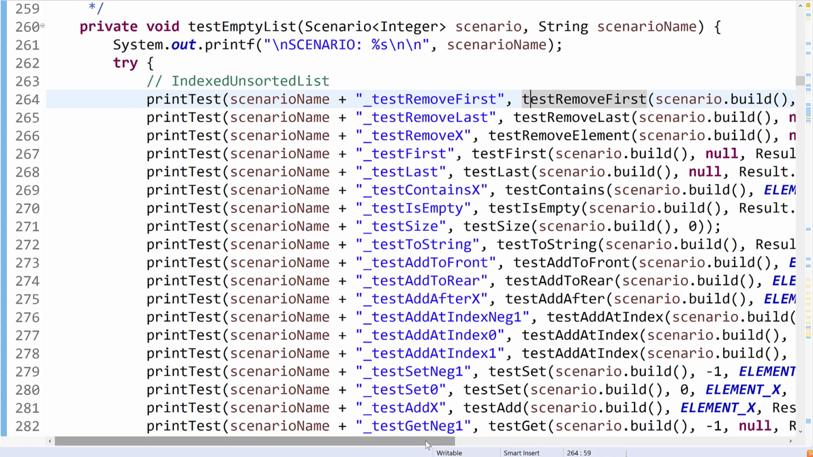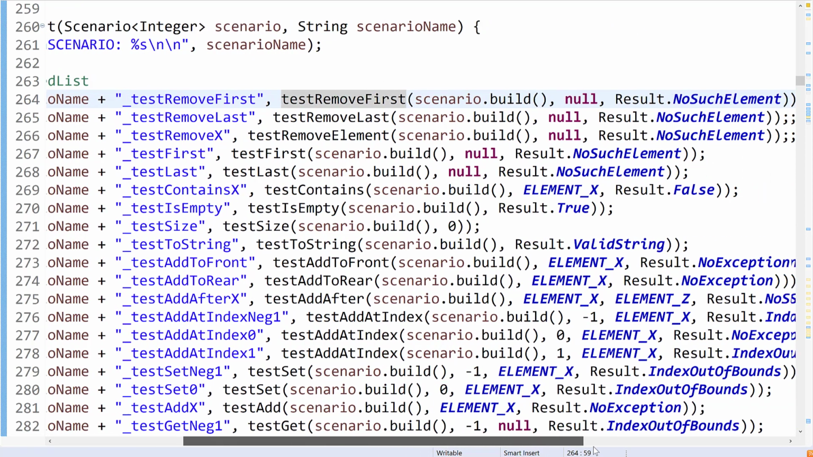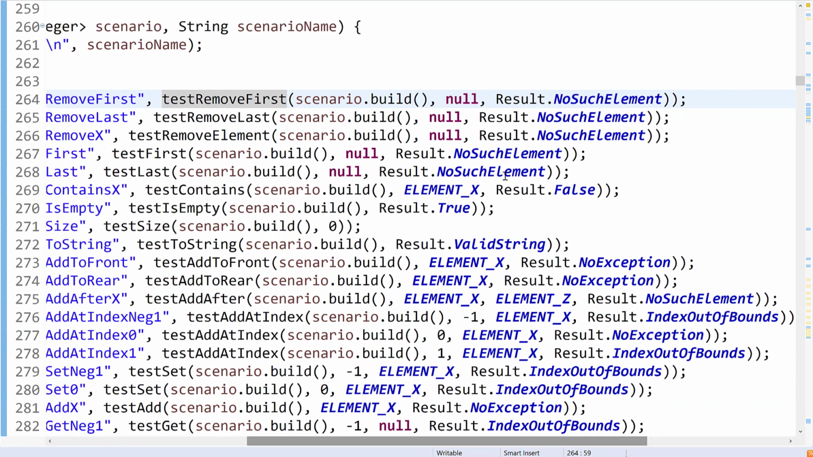And the remove first method test takes in as arguments the scenario.build. Scenario is that lambda reference, and the build method accesses the actual scenario builder method. So this gets us the method that we're supposed to use, and it returns the list that's been newly created. So our scenario builder method gets called, and we end up with a list, the list that we're supposed to